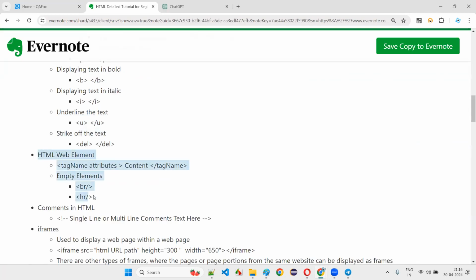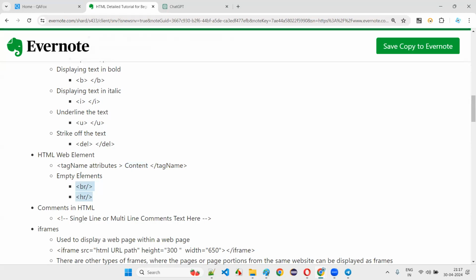So now I have already explained about the HTML web elements, right? I told you HTML elements will have what? Starting tag will be there, ending tag will be there, in between some content will be there, and also some attributes will be there. Together, what will it become? HTML elements. Some HTML elements don't have starting and ending tags. These are called what? Self-closing tags. Here BR, HR are called which type of tags? Do you have to write a separate ending tag for them? No. They start here only, end here only. Such kinds of predefined tags are there in HTML, and they are called what? Empty elements or self-closing tags.